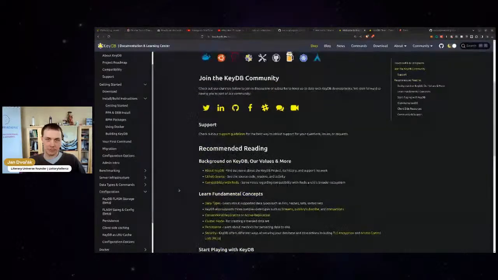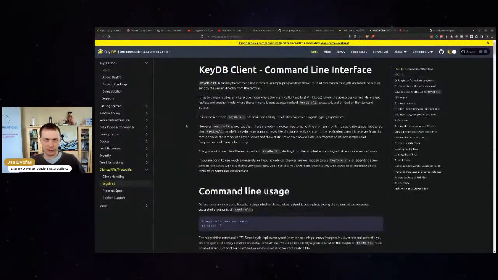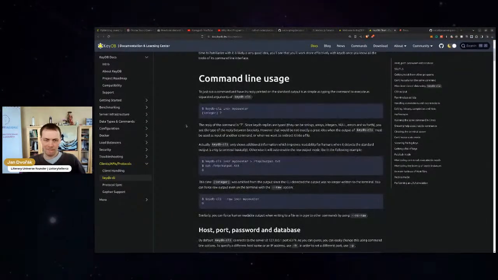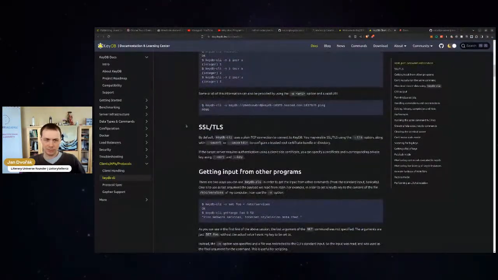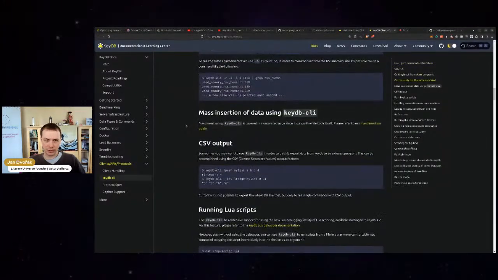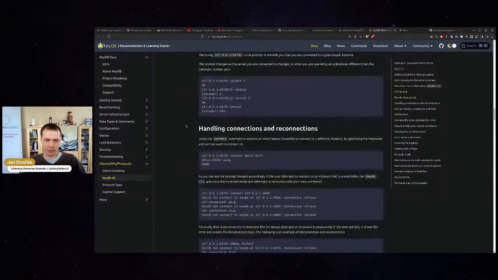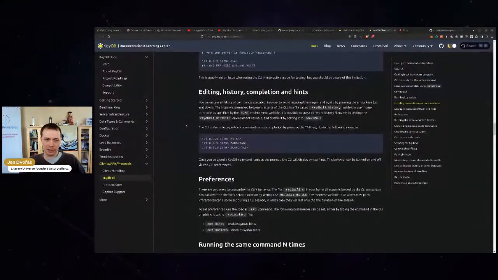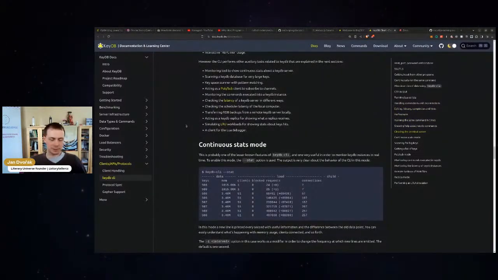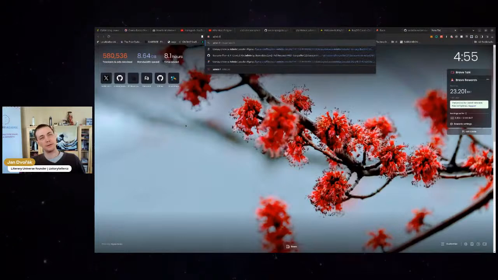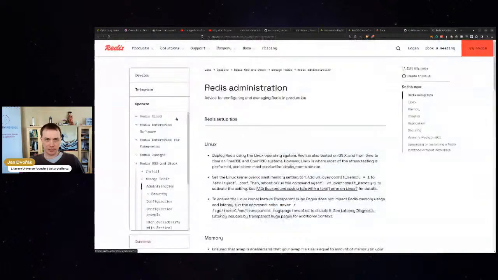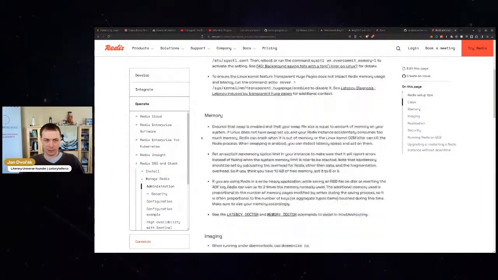And so here we have the CLI. We have that one as well. Don't want that. I kind of want to see what's right now in there. So admin for Redis. I think that should be